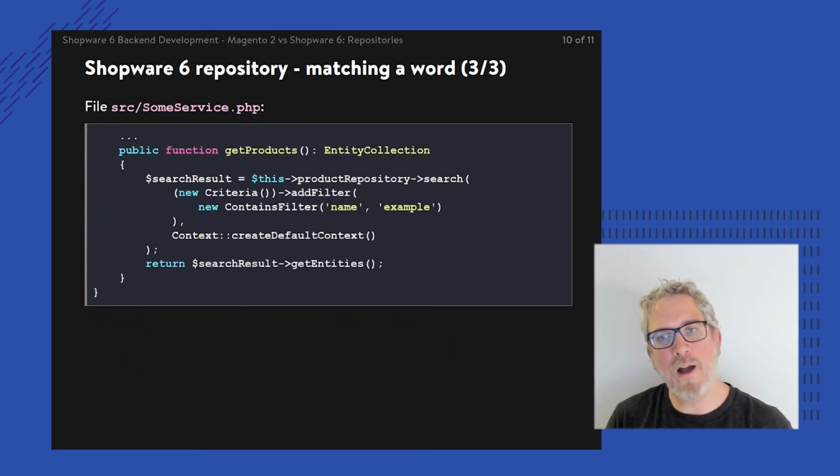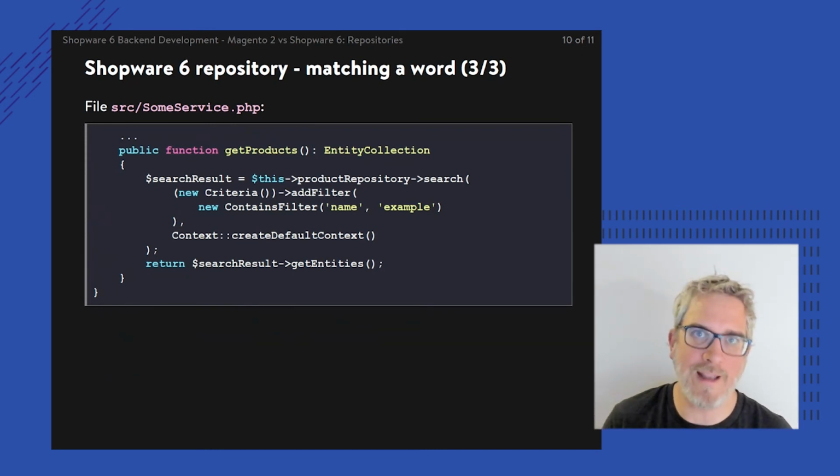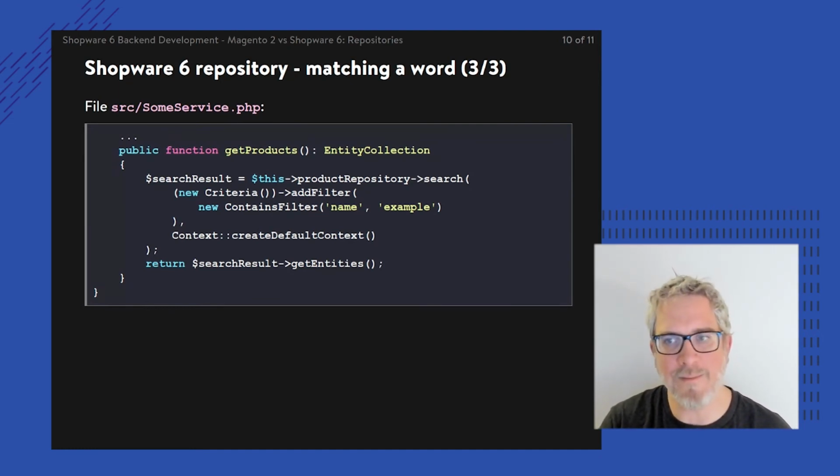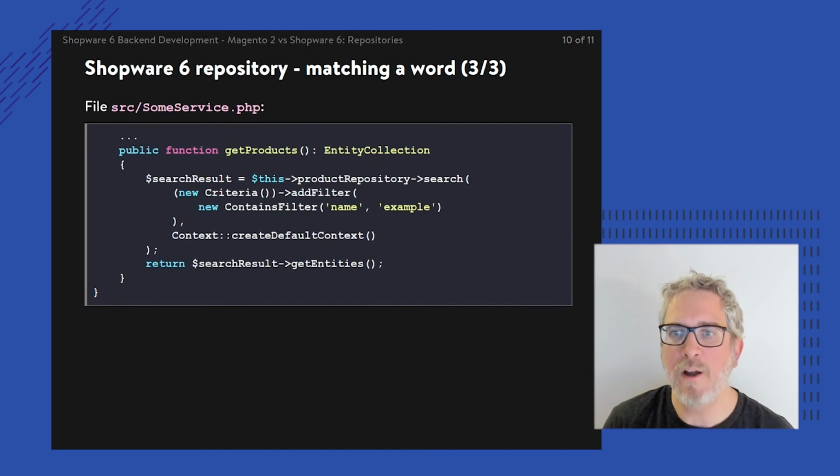Now moving on to the other part, which is how to return a listing of products and search for that specific keyword. In this case, just a name equal to example. The code is identical to the code before. I'm still calling that same method, search. I'm still passing a first argument being a criteria object, but now the criteria object is no longer based upon an equals filter or simple array. I'm adding a more complex filter, the contains filter, which boils down to a select with a like where statement.